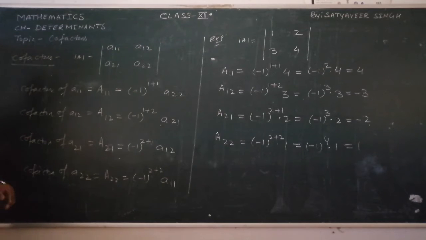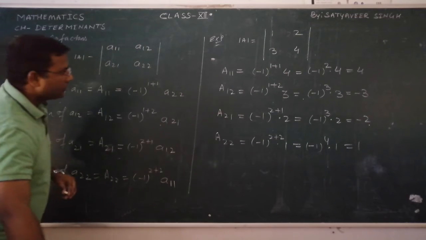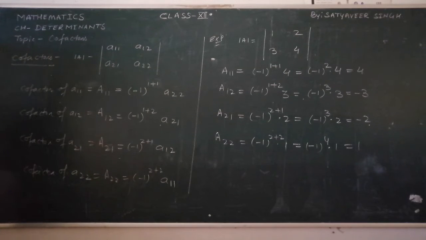And the same procedure we can follow for a determinant of order 3. So a few steps I will solve for the determinant of order 3 also, so that you can understand better. And that part you will complete yourself, the remaining elements. See now, I am taking one example.